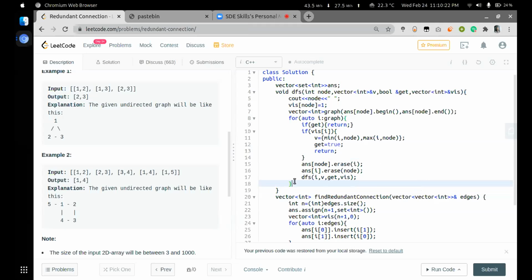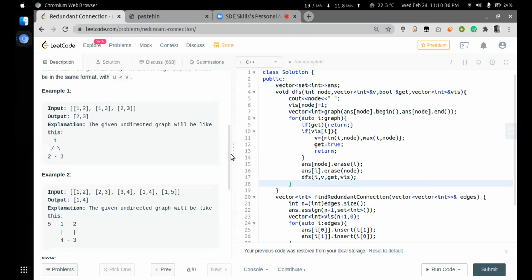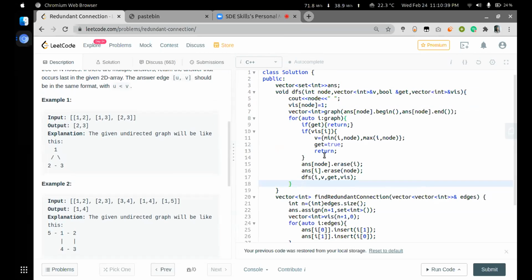So this is why if any question can be solved with DSU, it can be solved by DFS also, and the complexity will be the same if we do it with the most optimized approach for DFS. All the questions which can be solved with the disjoint set can be solved with DFS also, and the complexity will be the same if we follow the most optimized approach.